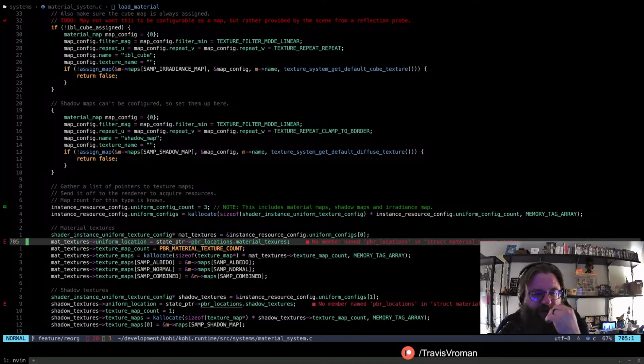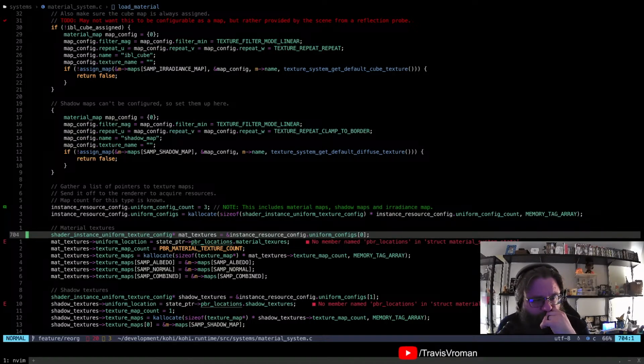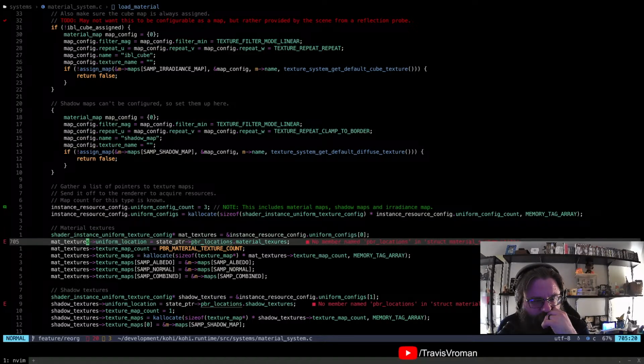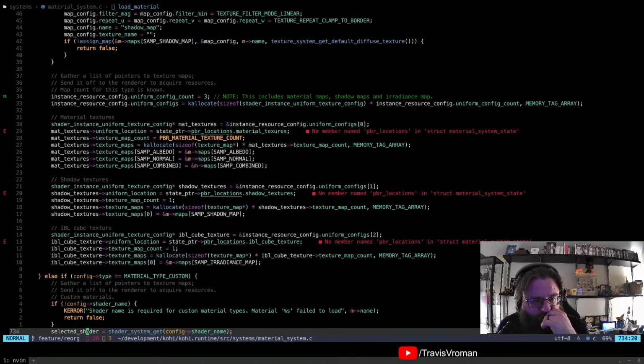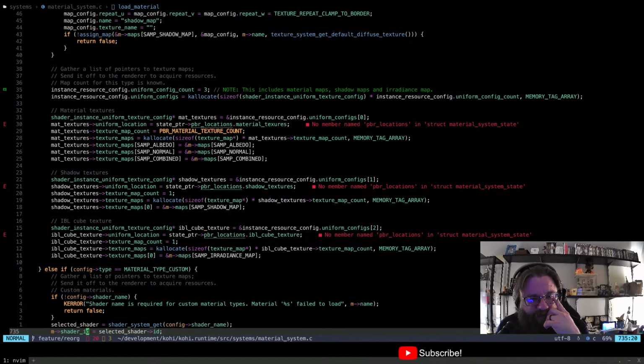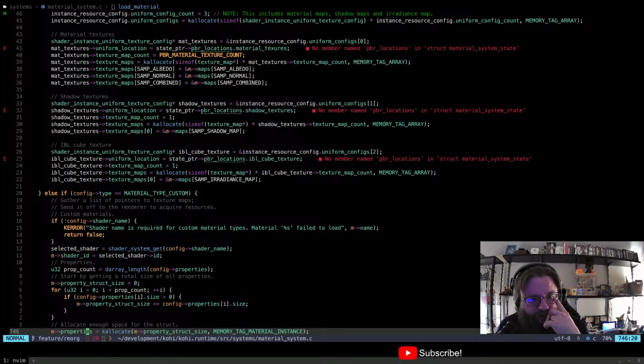So when we're setting up our... why do we need the uniform location for that? Uniform texture config. Oh, I'll bet that's because once we pass this off, we need to get like the offset and that kind of thing for it.